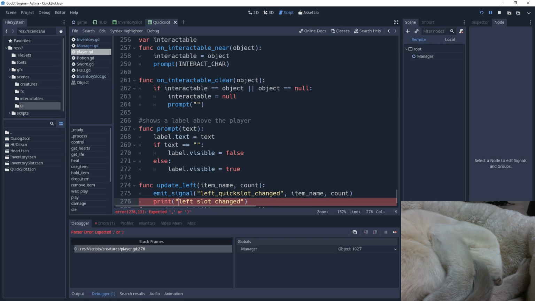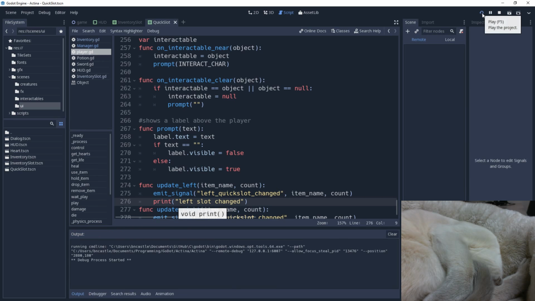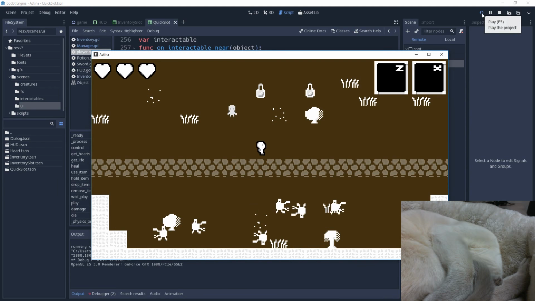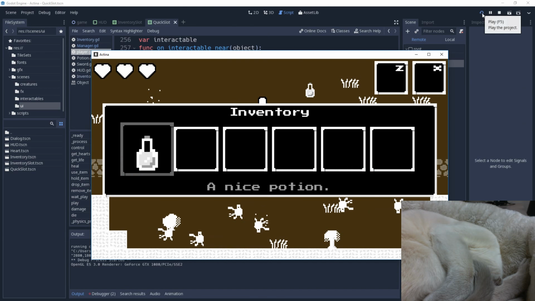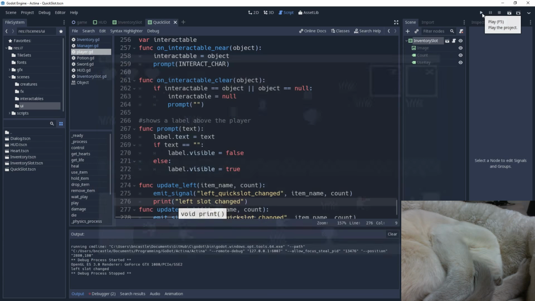I need some of them quotation marks, don't I? Okay. Grab a potion, and then we'll push Z. There's the left slot changed. So that quick slot should have received